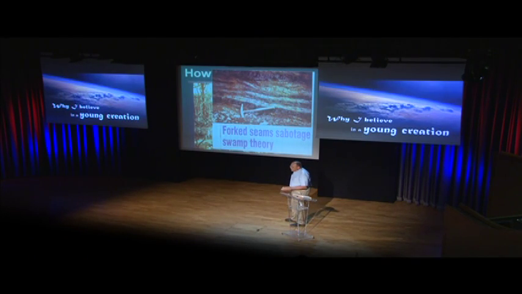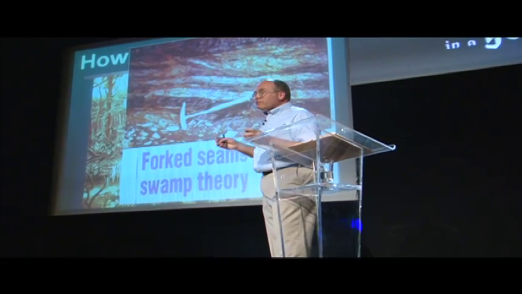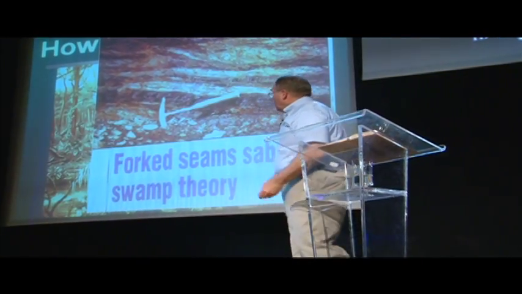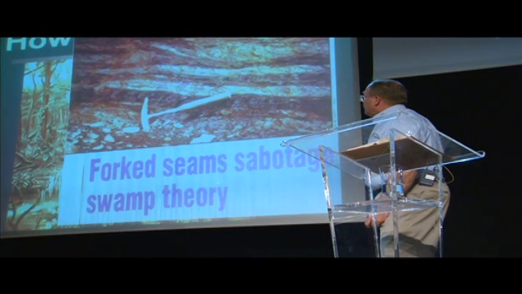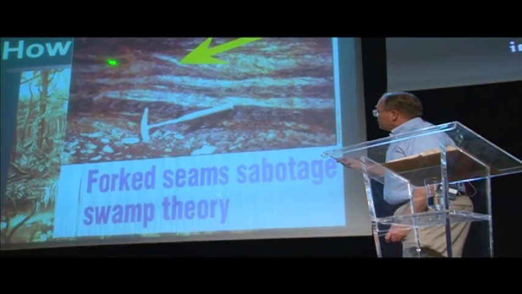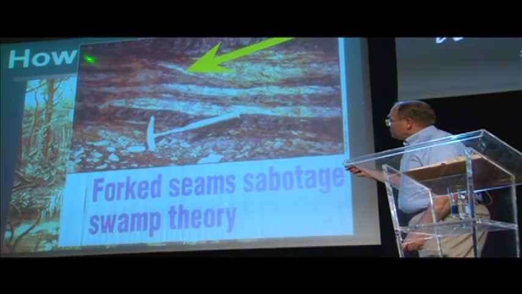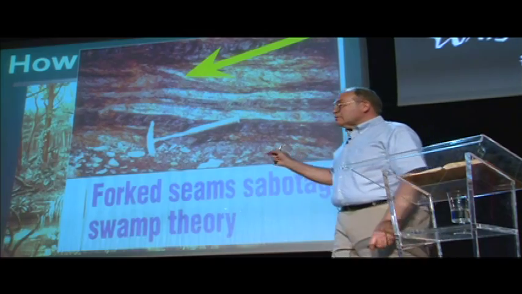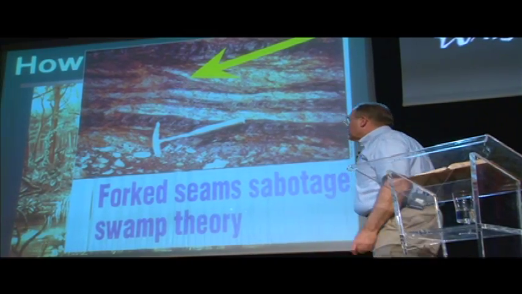Number 2, you only find natural gas, coal, and natural oil between layers of sedimentary rock. Now, what is sedimentary rock? That's layers of dried out mud, is that correct? So you only find natural gas, natural coal, natural oil between layers of dried out mud or some kind of sandstone. But there's something else here too. Notice right here. See how this coal seam forks right here? At the fork right there? Well, once they started realizing that, they started realizing the swamp theory simply wasn't true, and they stopped teaching it